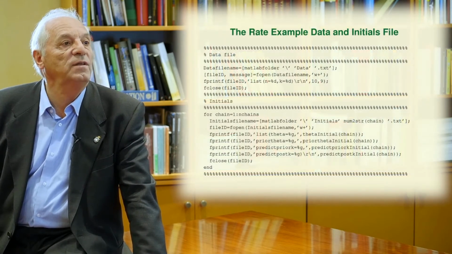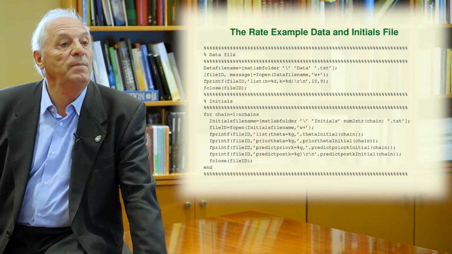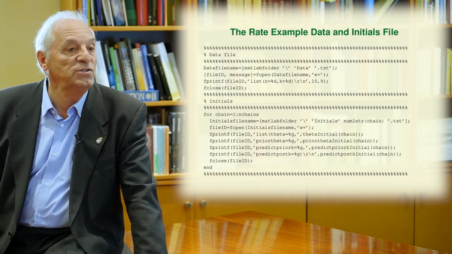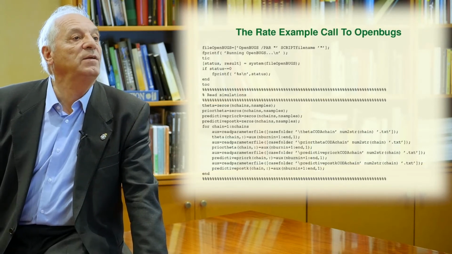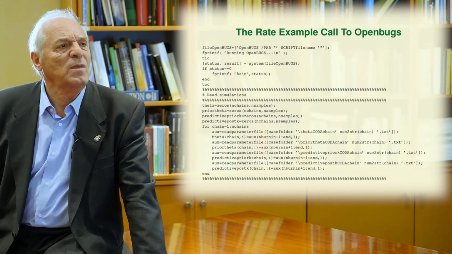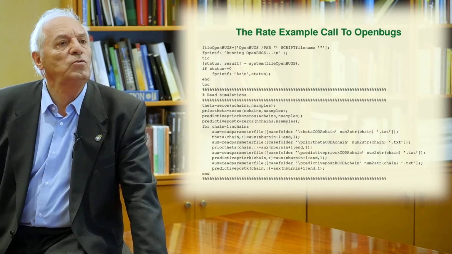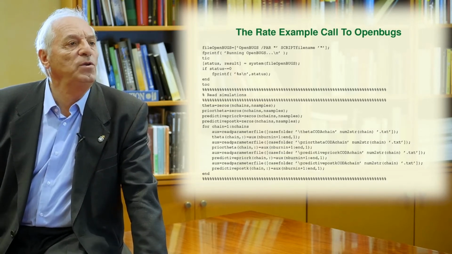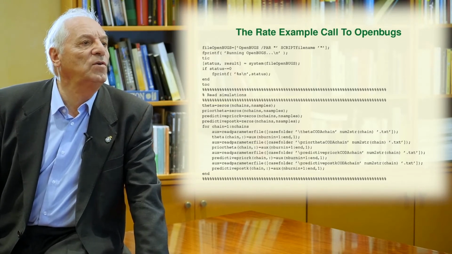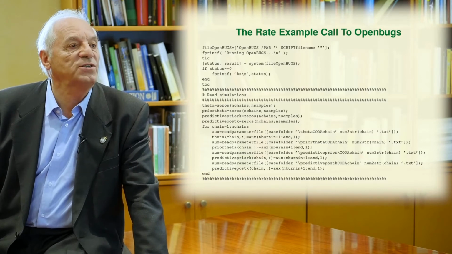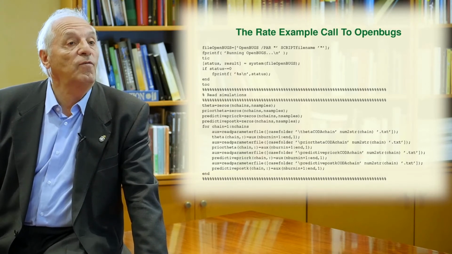And this is the same for the data file and the initial files, which can be generated from MATLAB just using MATLAB commands. To call OpenBox from MATLAB, we use the system command, which is in the 4th line. We can use tic and toc to get an idea of the CPU use in the calculations. And finally, we need to read the simulation for the post-process. And then you have some examples of MATLAB commands that permit you to do that.